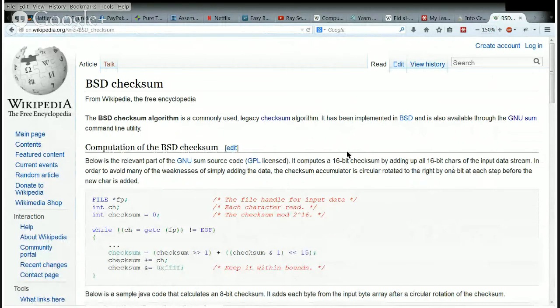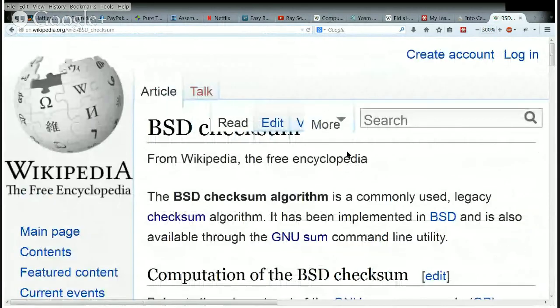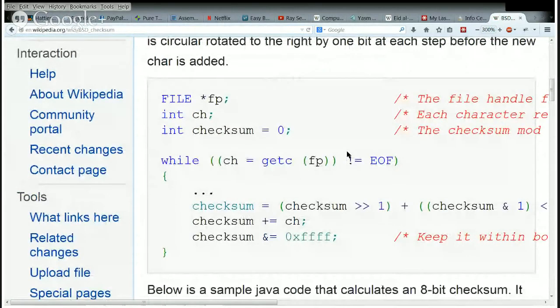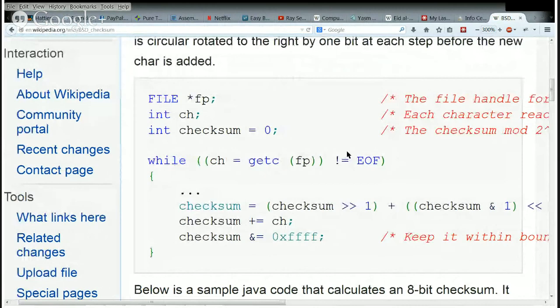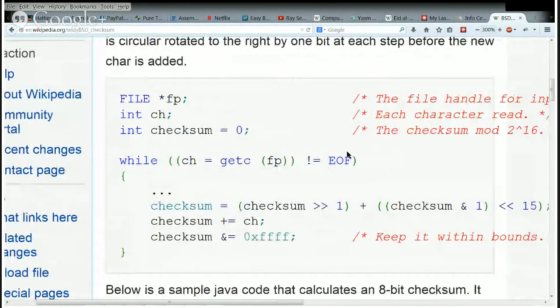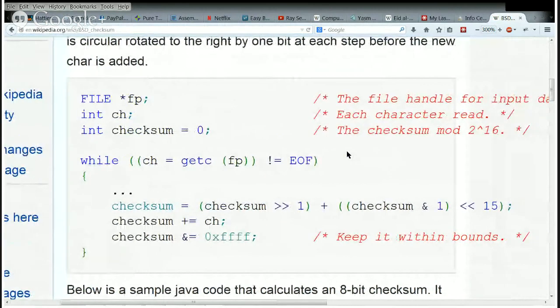Let's see. Is this readable? I assume it probably is. All right, so let's examine what this checksum algorithm does. They have checksum equals checksum shifted right 1, or added to the checksum shifted left, checksum and 1 shifted left 15.